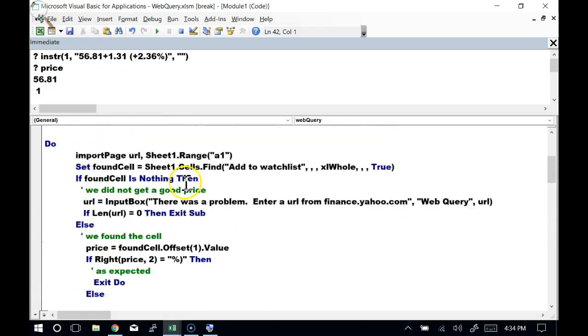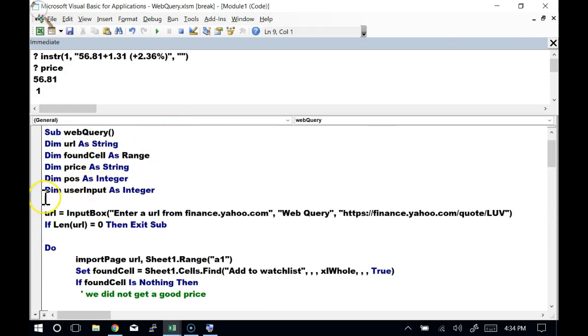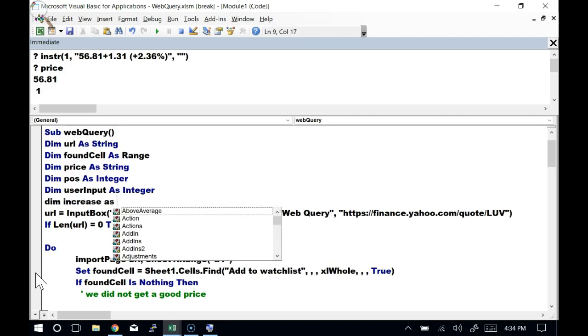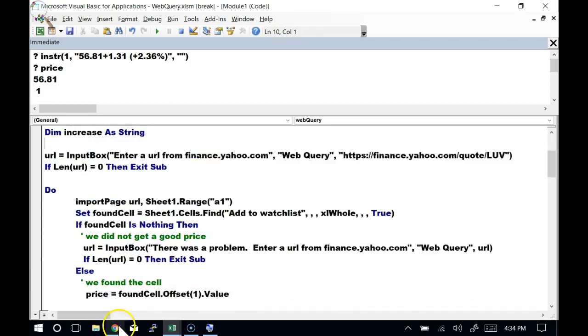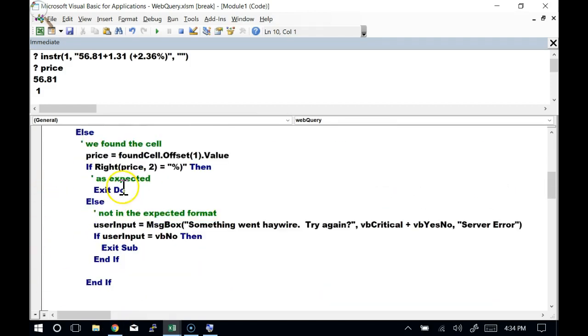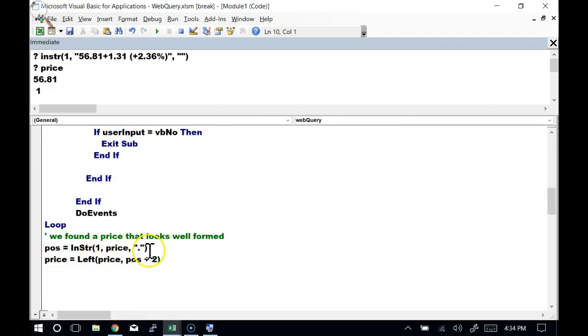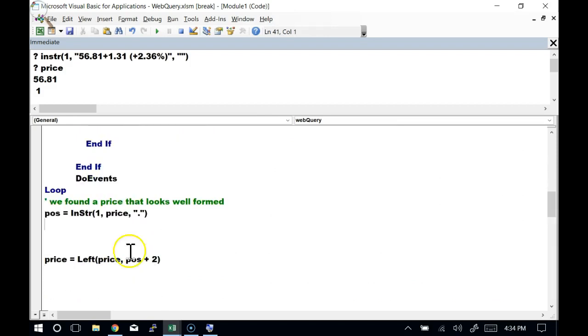I'm going to call that increase. That's like my increase data. So we'll declare another variable for this. Dim increase as a string. So I've got a string variable for this now. And I better do this before I change what the price is, because I'm kind of counting on price being here. So after I get the position,